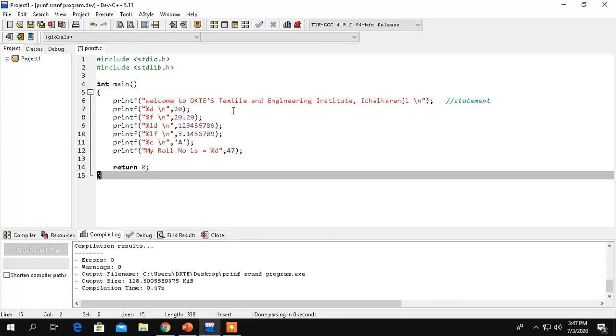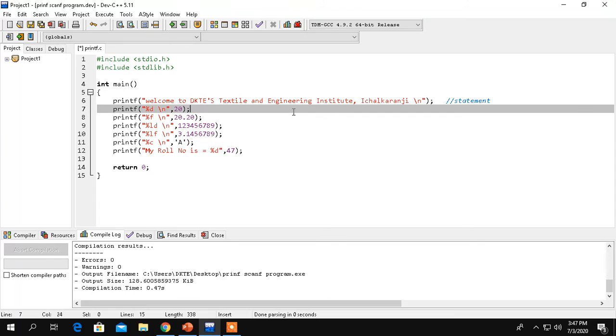So the same we can do for the next printf function. Means again we can write a comment. You can consider the space in between to write a comment. So 2 forward slashes. The second printf function we are using for the integer value.